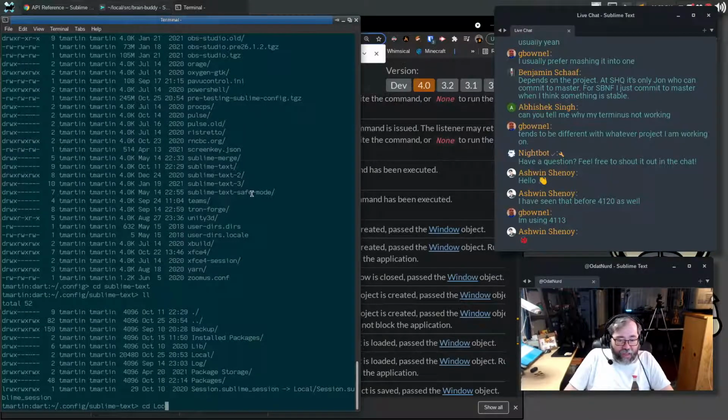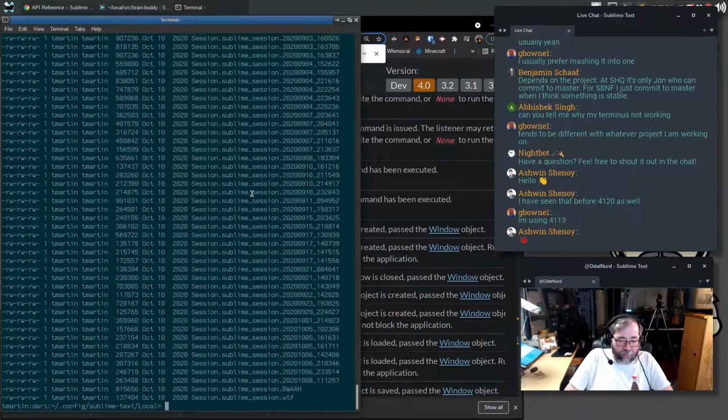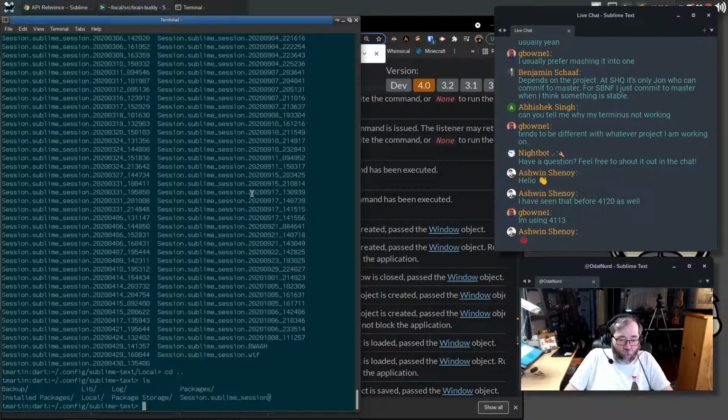Where would we find that? The local cache? Is it in here? No. Where is that actually stored? Is it in a different place now?